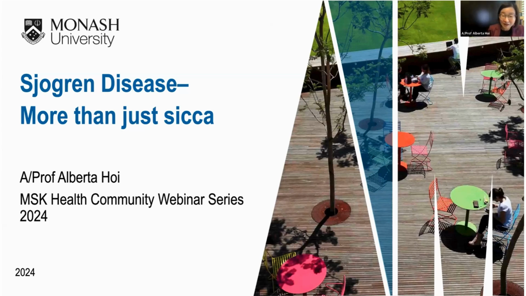It's been a little while since I've done one of these. I have done a couple on SLE, but I'd like to cover the topic of Sjogren's because it's quite a timely presentation about these conditions. It's been a bit neglected in many ways, and I hope I can explain the state of the art's development in this disease, and perhaps explain that this is more than just dryness or sicca.